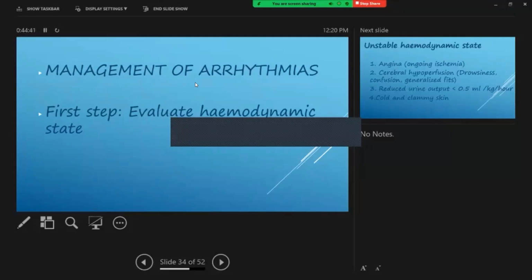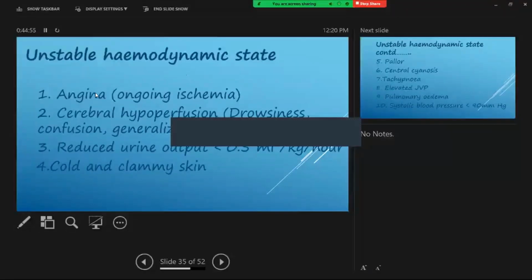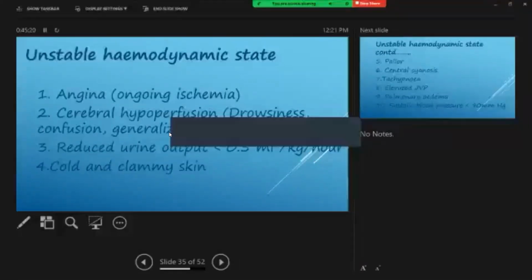Coming to the management of arrhythmia. Now, the first step of management of arrhythmias, evaluate the patient's hemodynamic state. Now, there are 10 features to look for. Patient is hemodynamically unstable if there is ongoing angina. Patients with tachyarrhythmia and bradyarrhythmia give history of tightening type chest pain, ischemic features, then evidence of cerebral hypoperfusion. Patient can be drowsy, can be confused, can have generalized